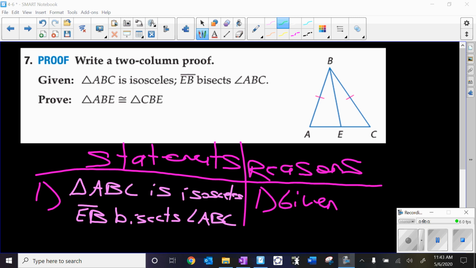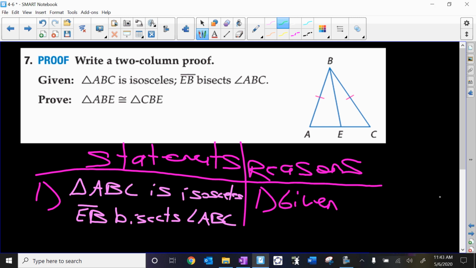We're also going to look at doing a two-column proof that deals with isosceles triangles. Please note that this triangle is not drawn to scale. Actually, it's very poorly drawn. Just keep that in mind as we go through it. But we can still use the picture to help us prove that our two triangles ABE are going to be